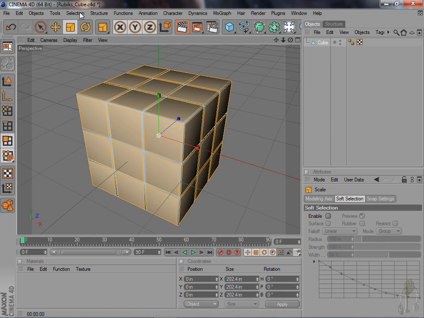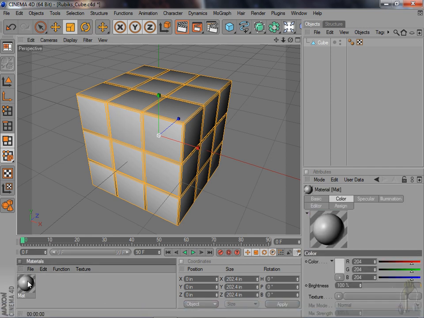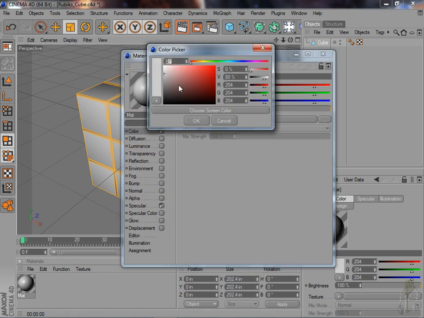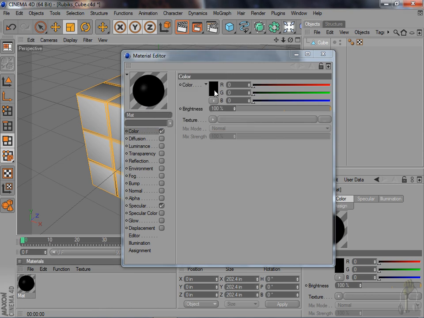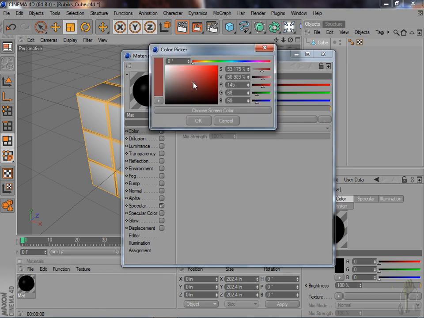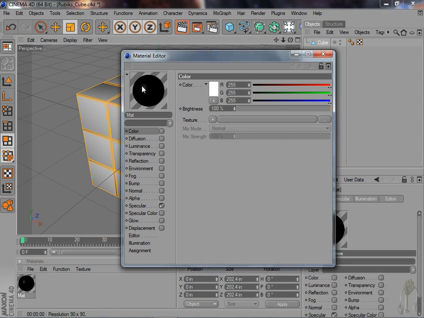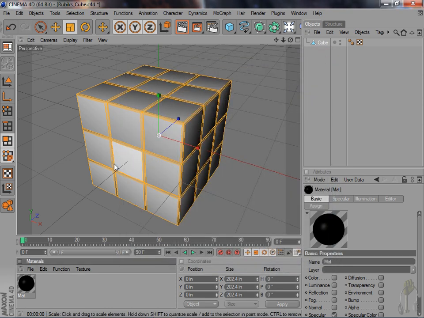Alright, so we're going to go Selection, Invert, and this selects all the lines in between, and let's color this black. We're going to go down to Materials, double click down here, double click on Matte, which is short for material, go to Color, bottom left, and that'll create black. Or I'm going to change the color just for emphasis, it's white. We untick the color attribute in our material and it's black anyways. Alright, so I'll go ahead and do that, close out the box, rename matte to black,